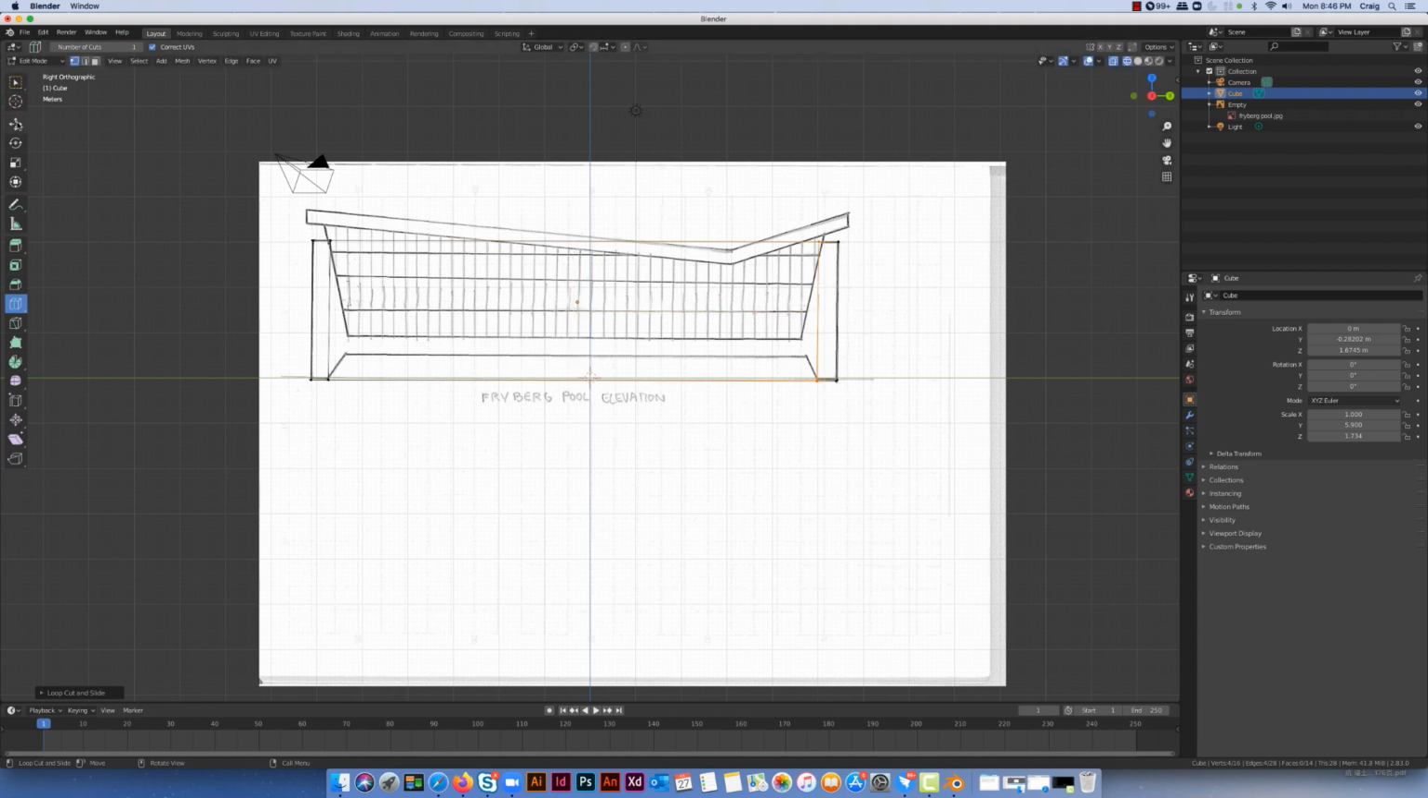So I'm going to go back to my, again making sure I'm in my vertex mode. I'm just going to grab these two vertices and move them so they line up. That looks good. And I might just move this one over here. It looks pretty good, but